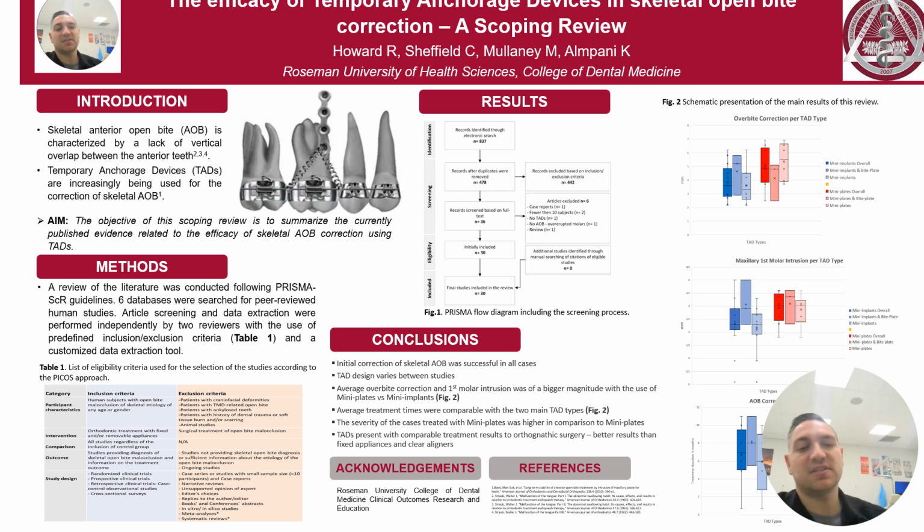There were lots of different designs. Sometimes there was banding, with second molars through the premolars all banded as one unit. Sometimes they had bite blocks in the back. Bite blocks actually made it a little bit more effective, but they all worked. There are many different designs that are available, and